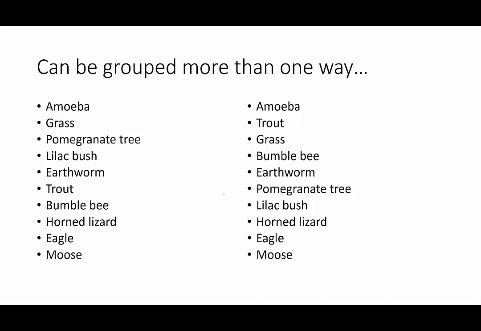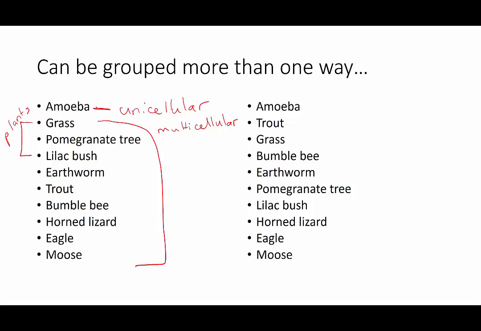So we can start grouping these in more than one way. For example, we could look at the amoeba here. That's going to be unicellular. Everything else is multicellular. That is, it's composed of more than one cell. So once we have a group of two, we're breaking down this larger group into smaller groups. And we could look at these here as all being plants. So we could also start looking at, from now we have this smaller group here,